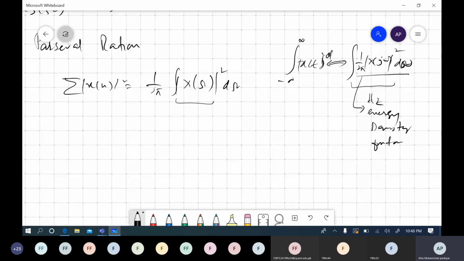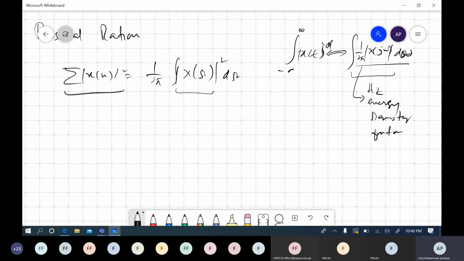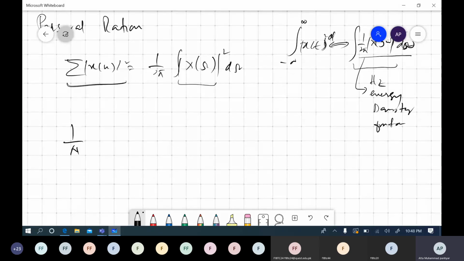So the magnitude is sufficient for computing the energy, right? But what if we have a power signal? This is an energy bounded signal, right? And if it is a power signal, that means if it exists from minus infinity to infinity, then what we compute is its average power, and average power by definition is equal to this value, right? And that information is available in the ak coefficients, right, over one time interval. This is the Parseval relation for discrete time signals, right?